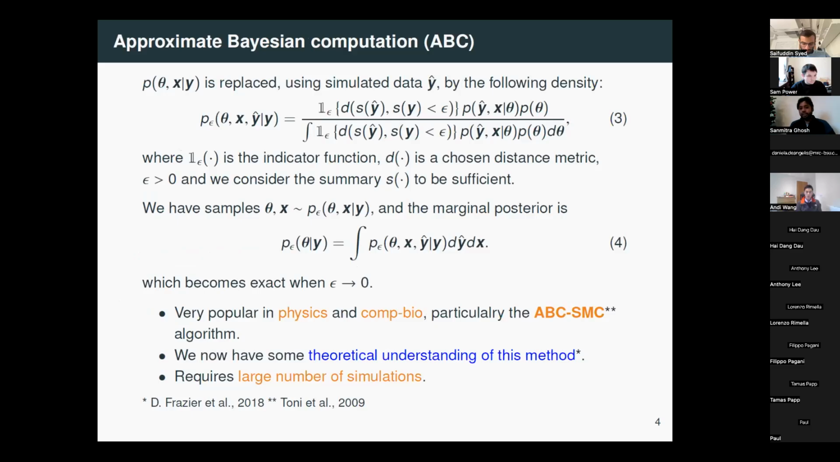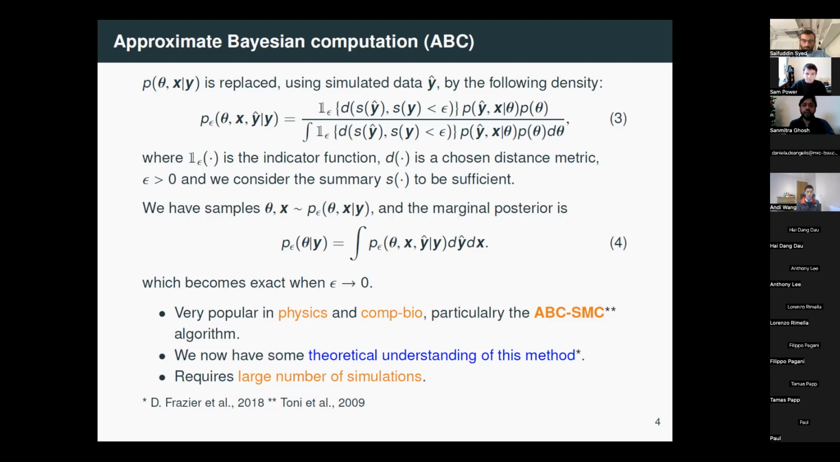All right. ABC is immensely popular, especially in physics and computational biology, where people are using these sorts of complex simulator models. In particular, there is a variant of ABC called the ABC SMC algorithm that is extremely popular. The general idea is you simulate from your model, and then rather than computing the likelihood, you replace it with a distance function between your simulated data and true data. And when you have